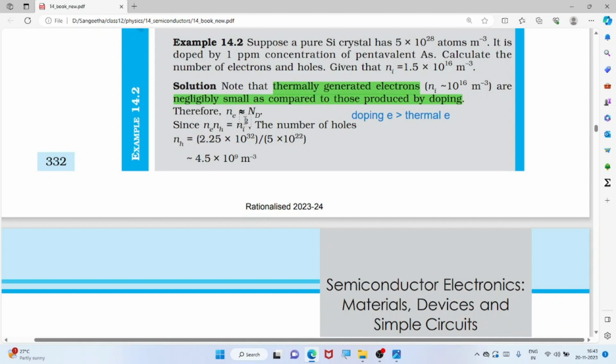So the number of electrons is nearly equal to the doped electrons. Thermally generated electrons are negligibly small compared to those produced by doping. So the doping contributes much more than the thermal generation. Then the number of electrons, number of holes,